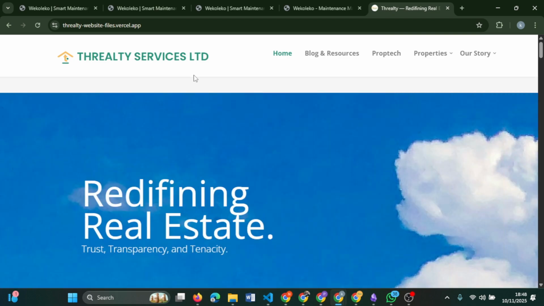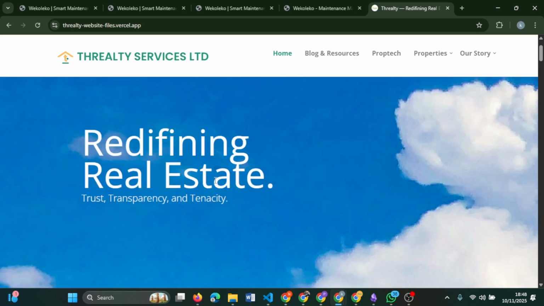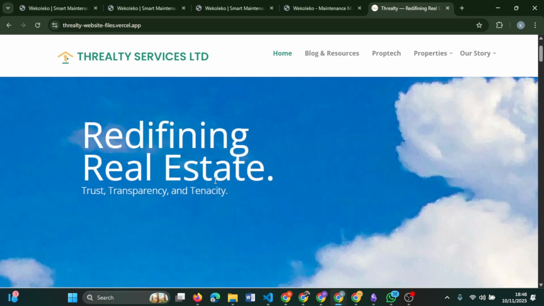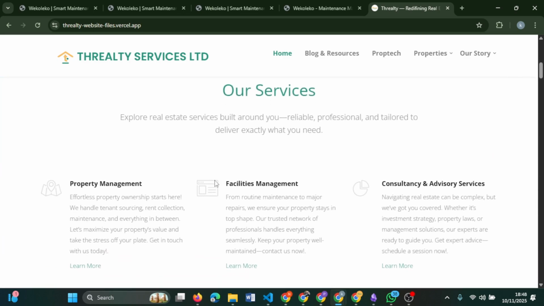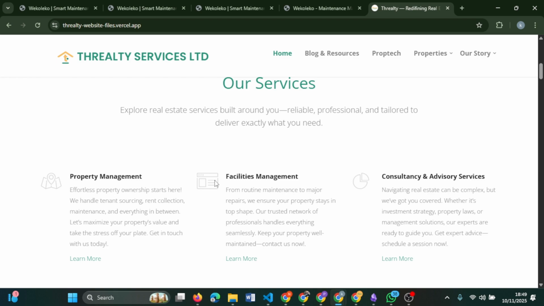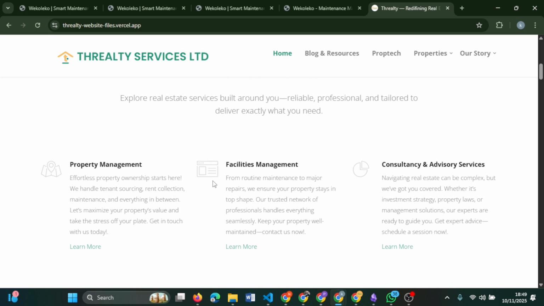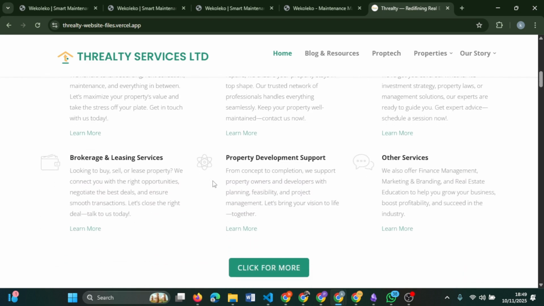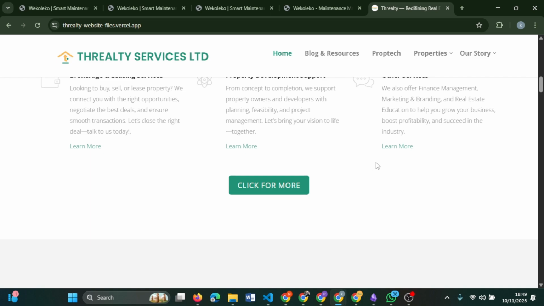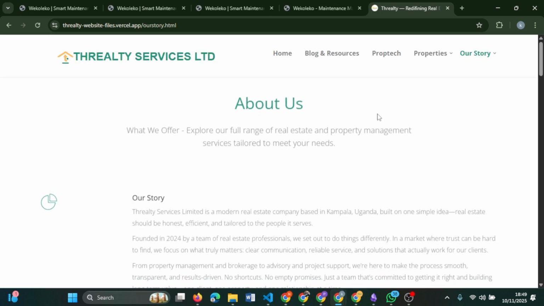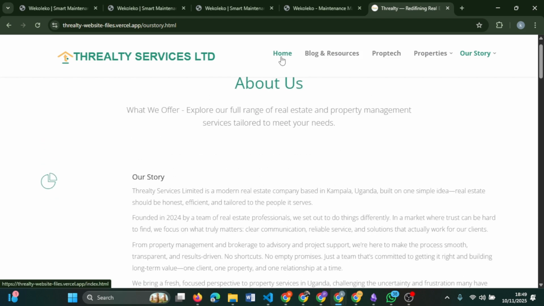Once you tap the link, it will open up like that: redefining real estate with trust, transparency, and tenacity. Under our services, we list what we do for people who are coming to find us or want to work with us. We have property management, facilities management, consultation, brokerage, property development, and other services that you can find out once you click the learn more button. It is going to take you to a more detailed page about us. So, going back to the home page,